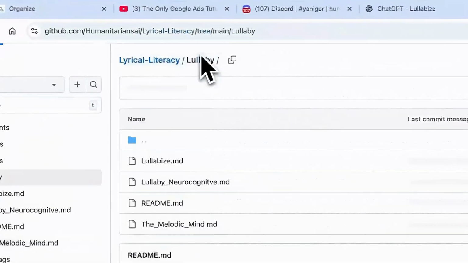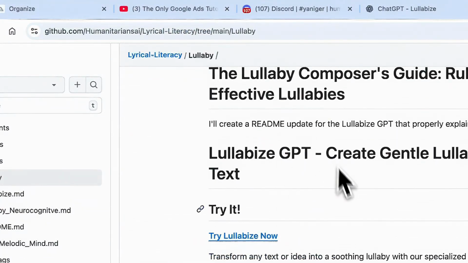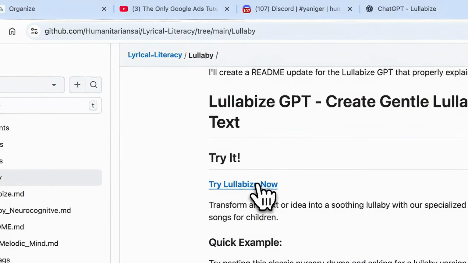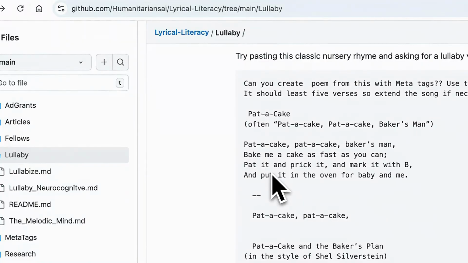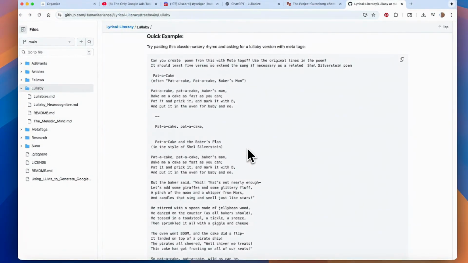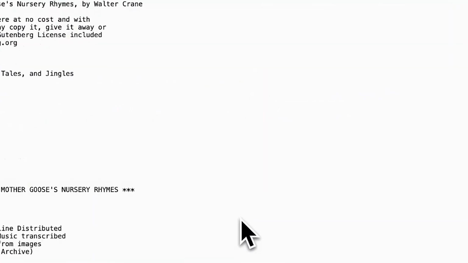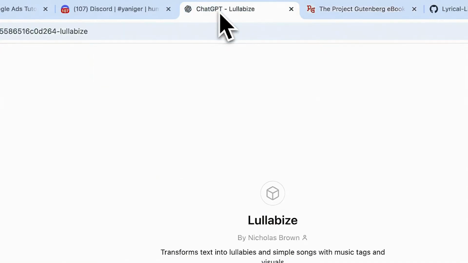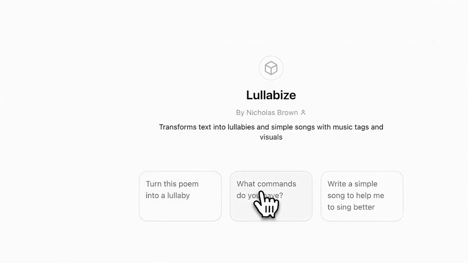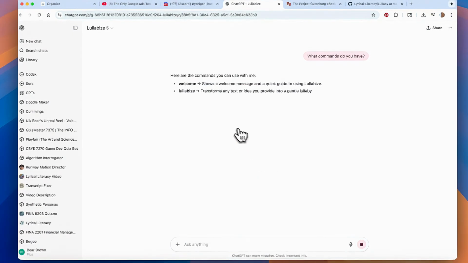So to make this simpler, we created a custom GPT. You can just click on this and go to it directly. I'm going to do it in another window because I just created a little simple prompt to get you started. This little prompt is literally just text directly taken from Mother Goose on Gutenberg. There's a bunch of commands here. It'll list the things you can do.